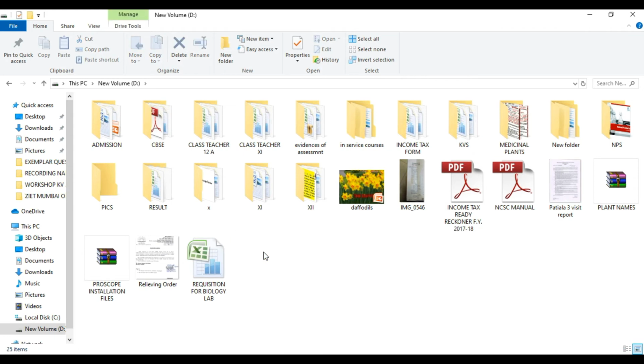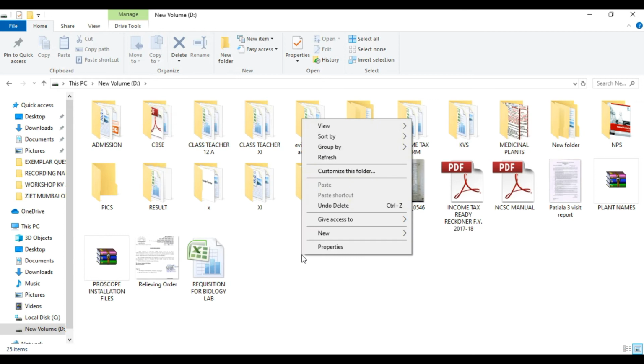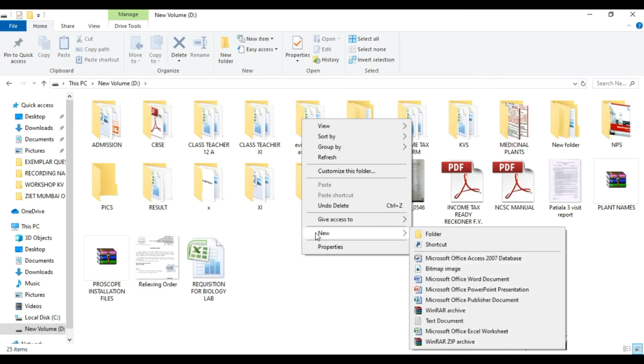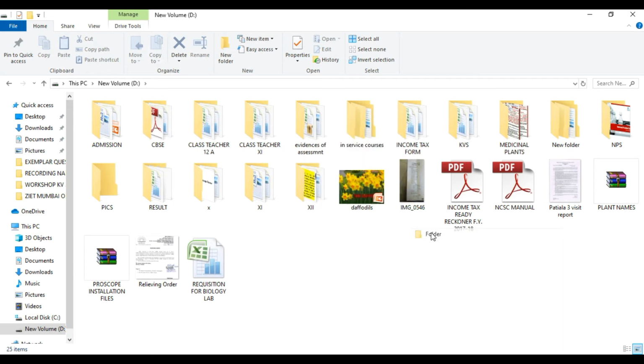Another way of creating new folder in Drive is to right click in the open space, then click new, select folder, so a new folder appears. Now by default it is named new folder. You can change its name as per your requirement. Now let us rename it as class 10 Science.